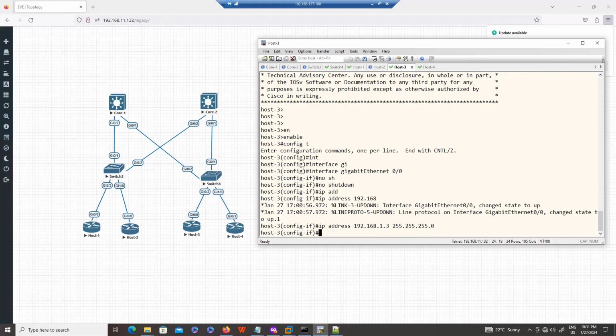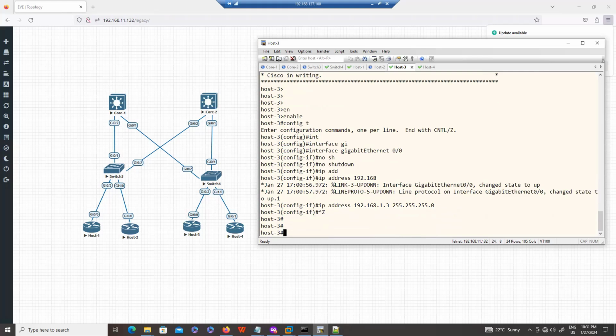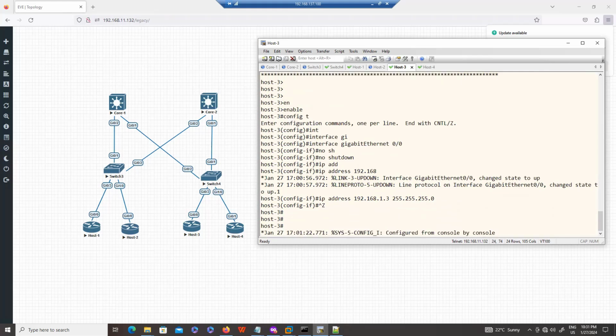Again, on the switches we have not configured anything. These switches work as dummy switches, so you cannot create any VLAN. They are sharing the same segment. The first thing in layer 2 is to make sure every end user is in the same subnet, which in our case they are, and they should participate in the same VLAN. By default, as I told you, all the switch ports use VLAN 1.